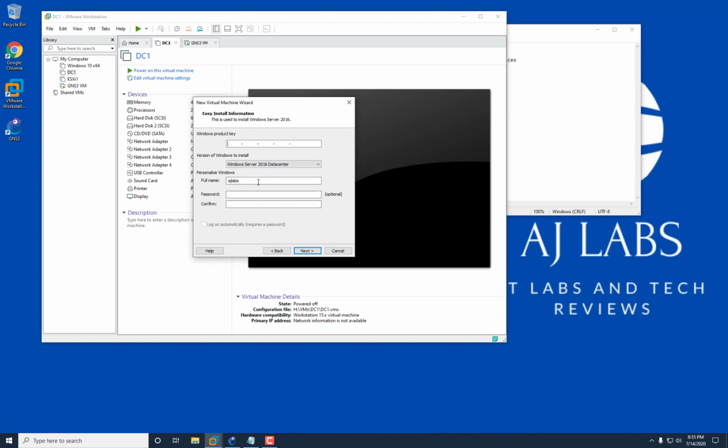What you're going to want to do is note that Workstation Pro version 15 only recognizes up to Server 2016. So select it as a Server 2016 server. Keep that as it is. Don't change that. You can select standard or data center. It's fine. I'll select standard, in fact,